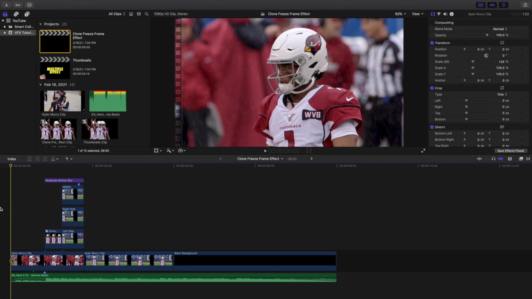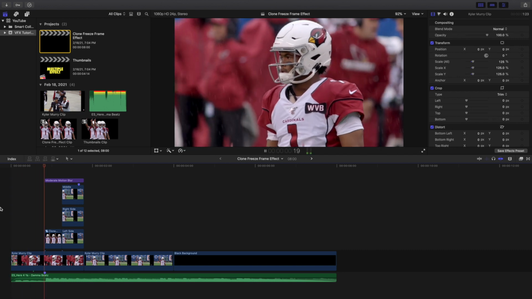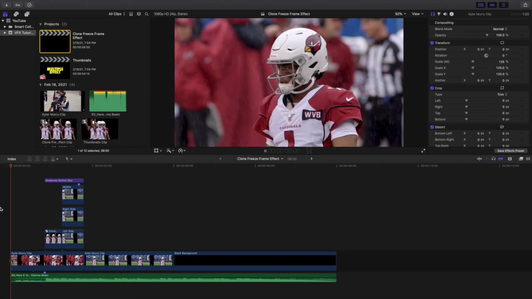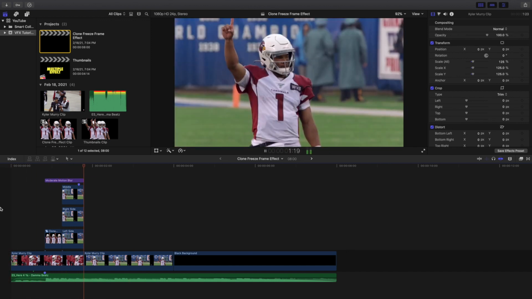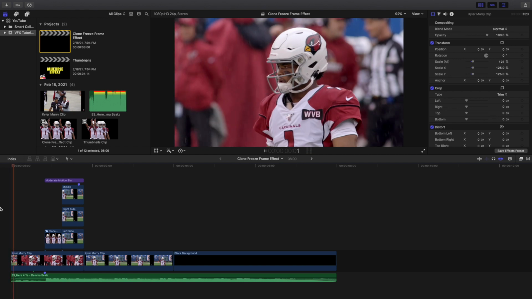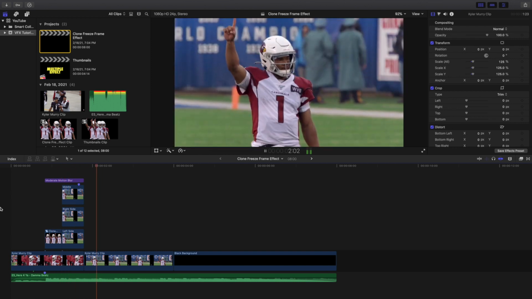So let's go ahead and play it for the last time. This is what the final edit looks like. I think it's a really, really cool effect. I definitely really love this effect. I found it on Instagram and decided to recreate the effect. So this is what the effect looks like